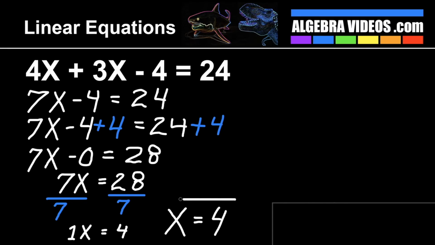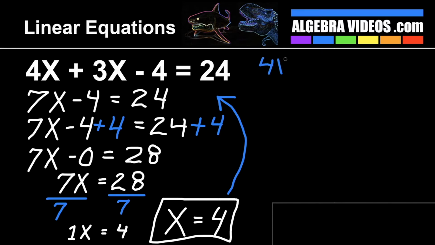And that is the answer. That's the solution to our problem. We've isolated x. We got x by itself, however you want to say it. Now we could stop there, and that's really all you have to do in math class is just get to that point. But if you want to verify that you got the right answer, you can plug this number 4 into the original equation and check it and make sure that it's the right answer. So let's do that. I'm going to plug in the number 4 wherever there's an x. So let me rewrite this equation